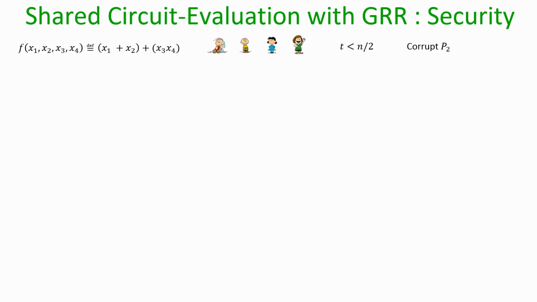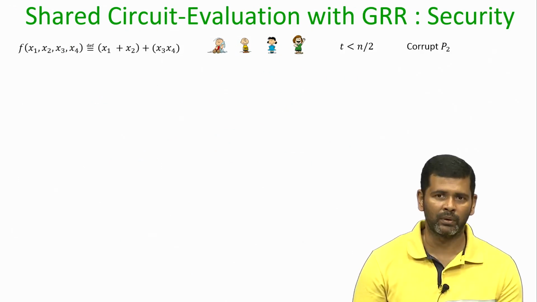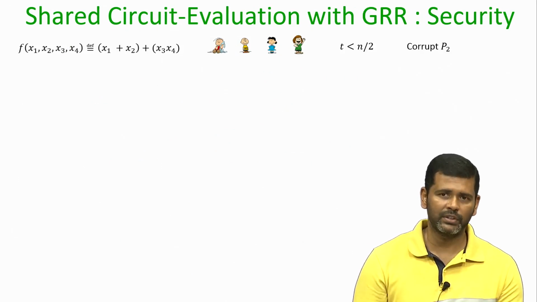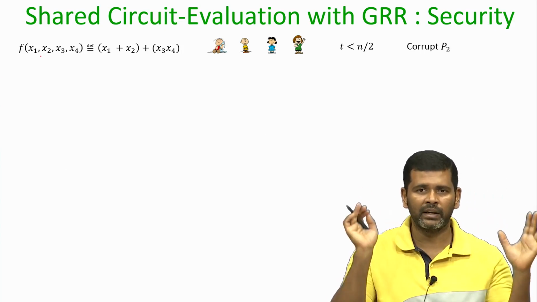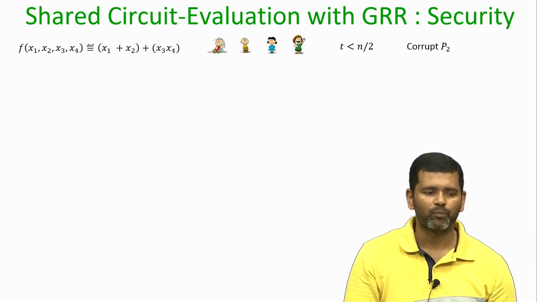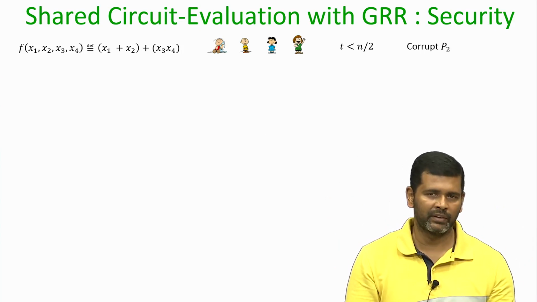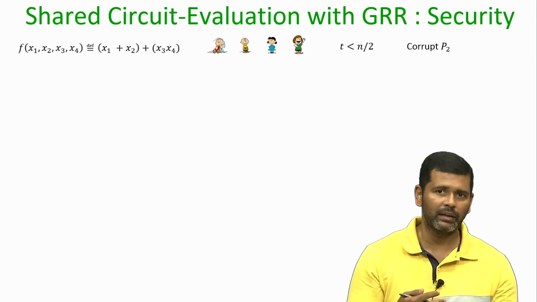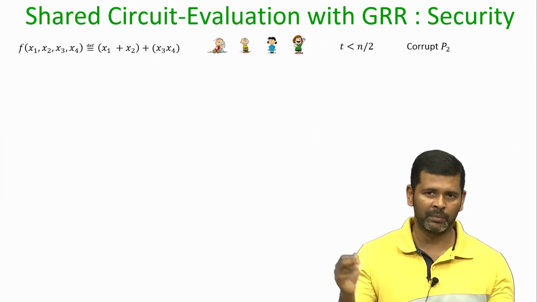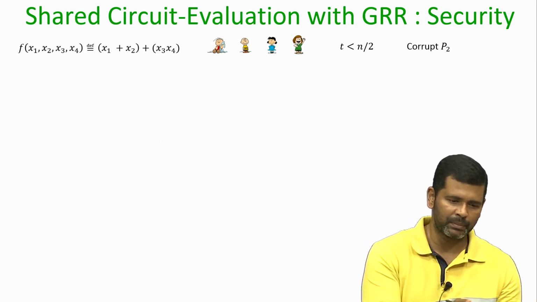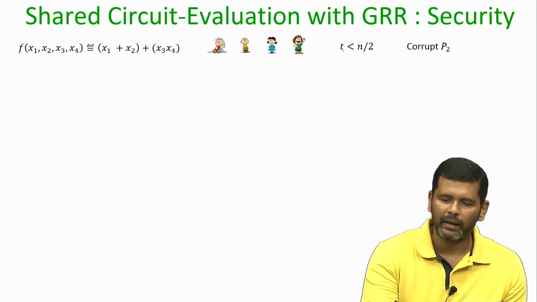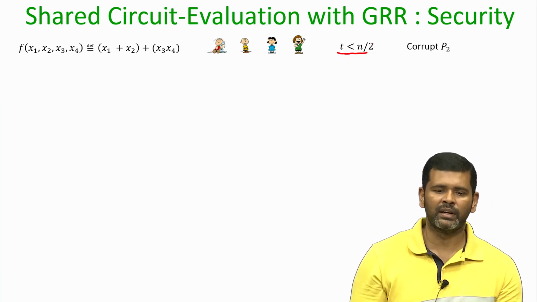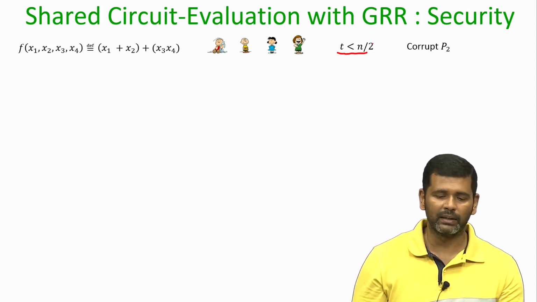Now, we have to argue about the security of this entire protocol. Okay. So, again for demonstration purpose I will take this candidate function, but now you can imagine that there is a huge circuit and which is evaluated as per the shared circuit evaluation. Whatever I am saying, that can be generalized for any arbitrary circuit, but for demonstration purpose I will consider this example circuit, and we will be in the setting where t is less than n over 2 and the value of t is publicly known. Okay.